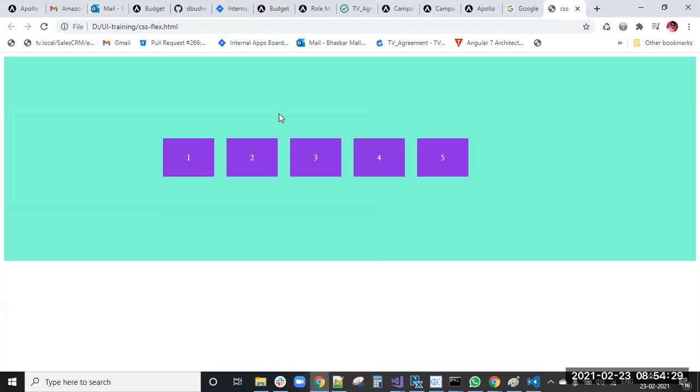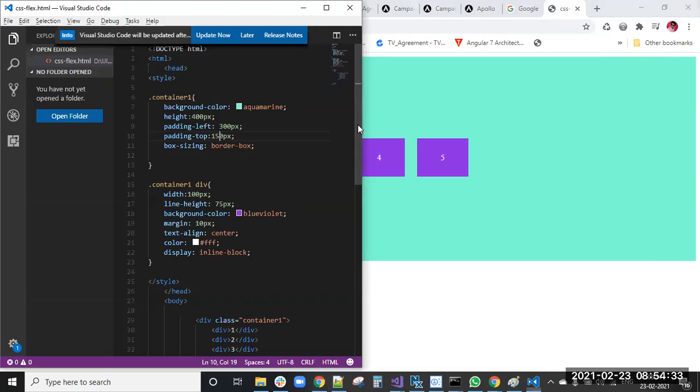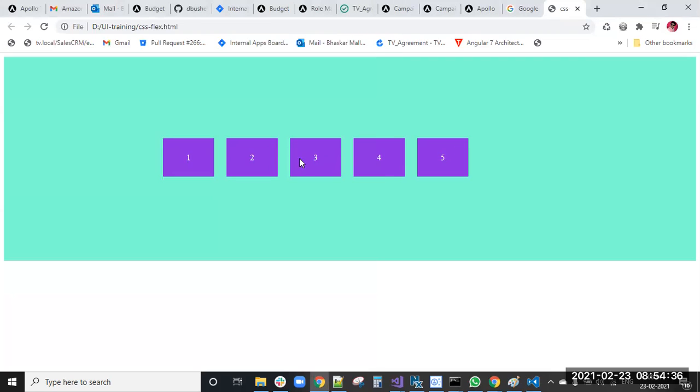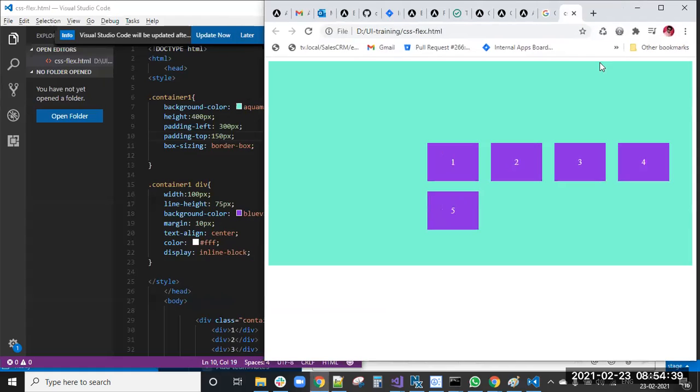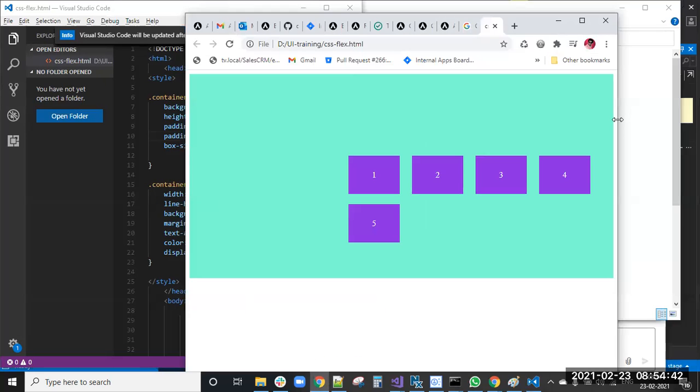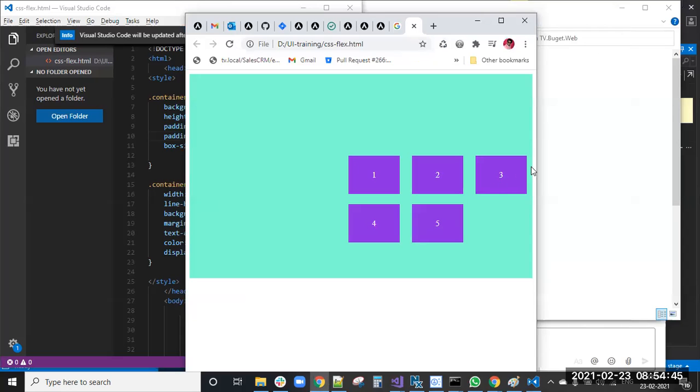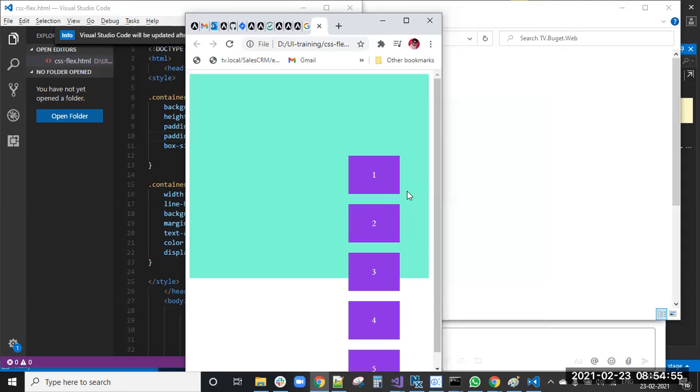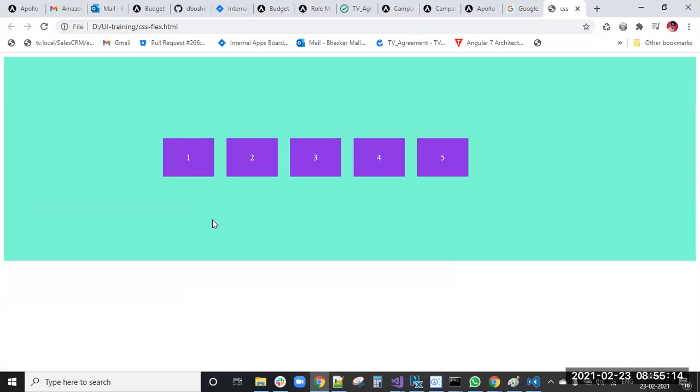Okay, it came horizontally and vertically center now. So these many things we need to do to make it vertically and horizontally center. And this also is not responsive. You can see here, if I'm resizing this, now it is not in center. Those elements are not in center. See how it is arranging. It is breaking, right? Horizontally not center, vertically also not center. So to make it responsive,